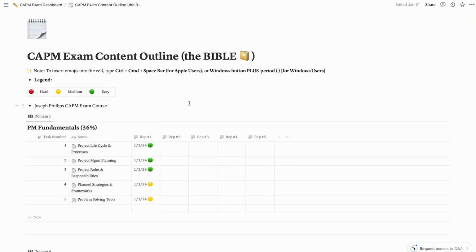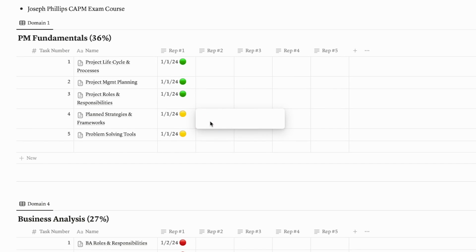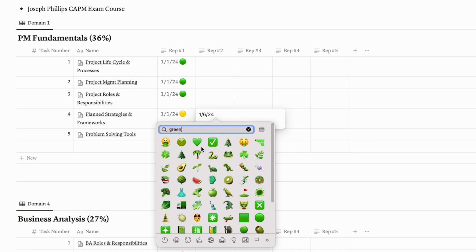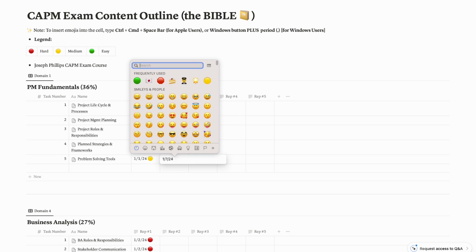Now, inside each table are different columns for reps, meaning what dates did you study each section. You want to fill out each cell with the date that you studied it and then the color status of how well you understand the material. And over time, you can see at a quick glance when you're skimming which topic you need to focus